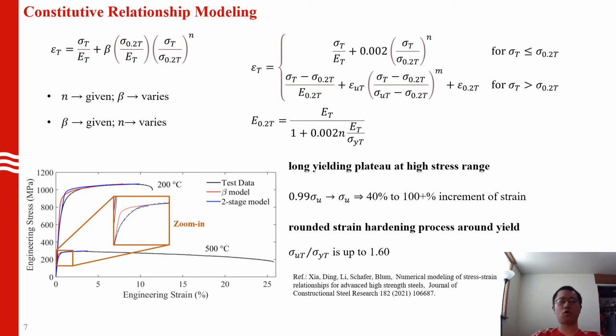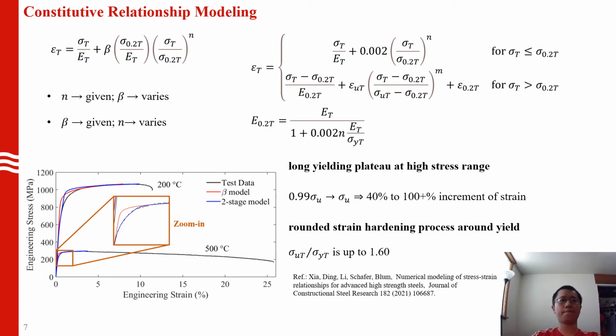And we summarize all the causes and analyze the rationale behind it in this paper. And here we want to emphasize two points of it. One is it has a very long yielding plateau at high strength range. For example, from the point with stress equal to 99% of the ultimate strength to the ultimate strength, we only see a 1% stress increment, but we see a 40 to more than 100% increment for the strain, which indicates this long tail part is generally a horizontal line parallel to the strain axis